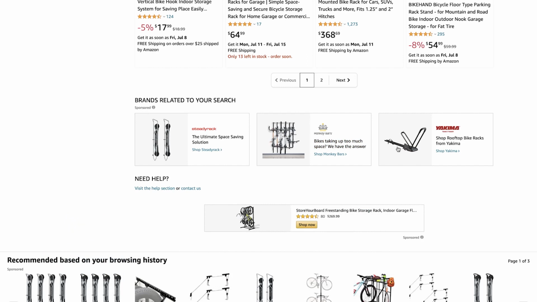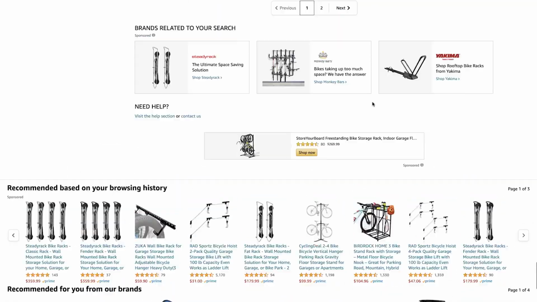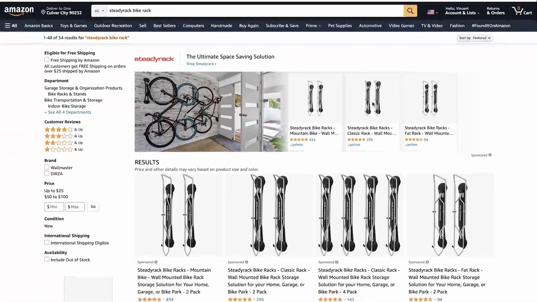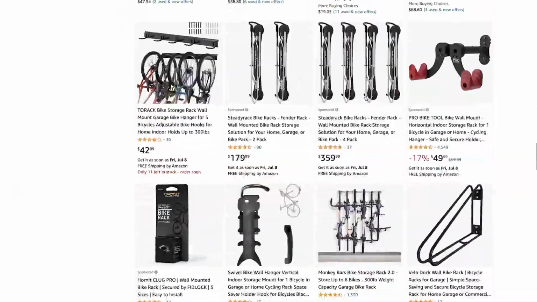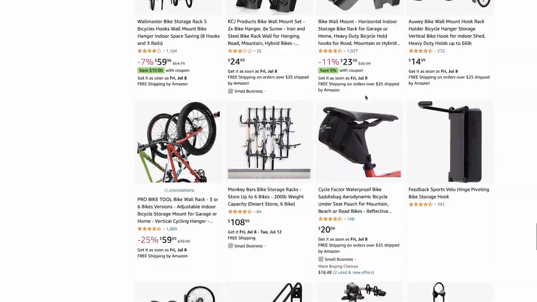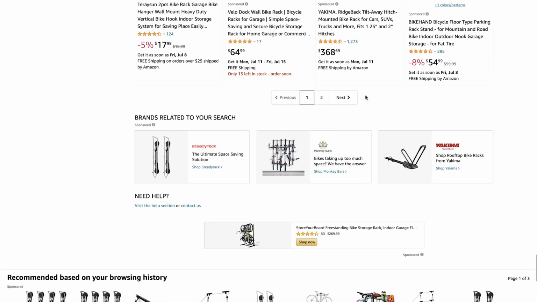Sometimes there are only 2 campaigns here, but effectively the search term that I just put in, which was SteadyRack Bike Racks, I believe, since we're seeing these other 2 sponsored ads here, means that these other companies, besides the owner, SteadyRack themselves, Monkey Bars and Yakima, are also bidding on their particular keyword. But in this instance, it's very fortunate that those competitors are only visible at the very, very